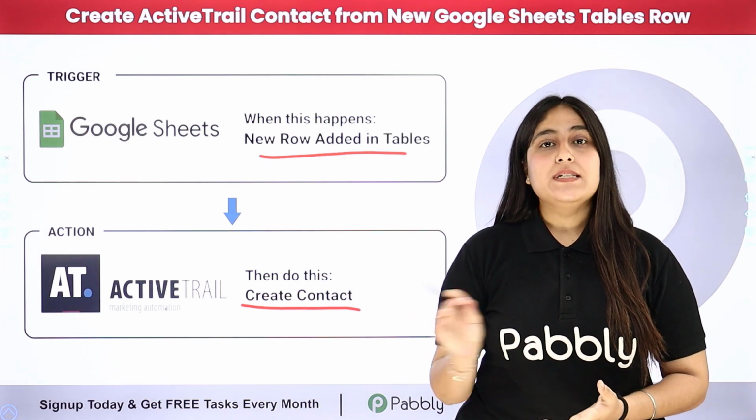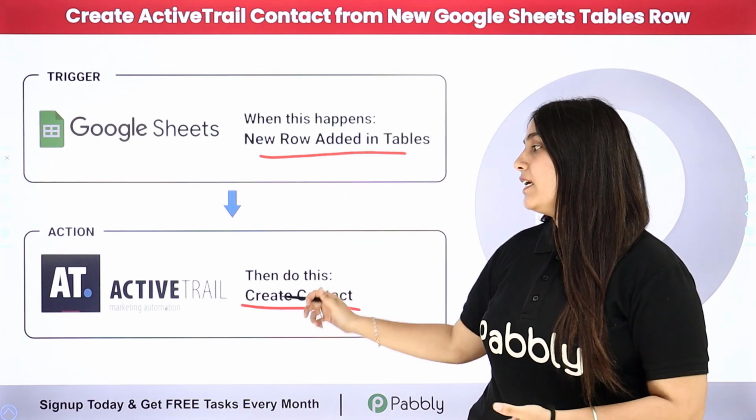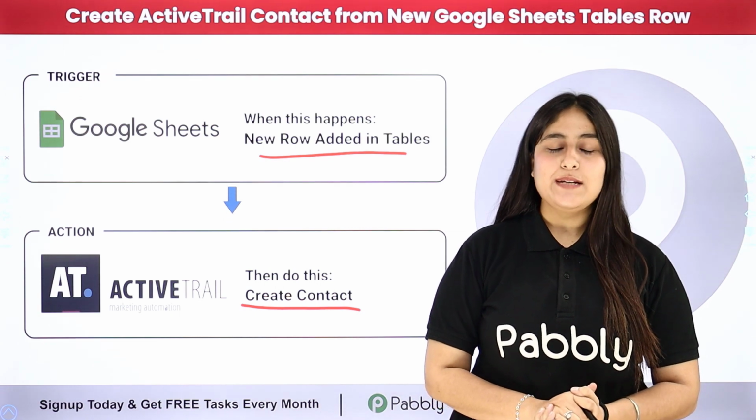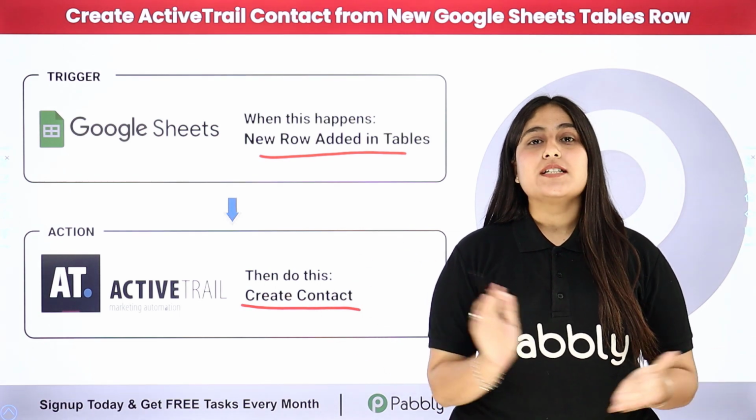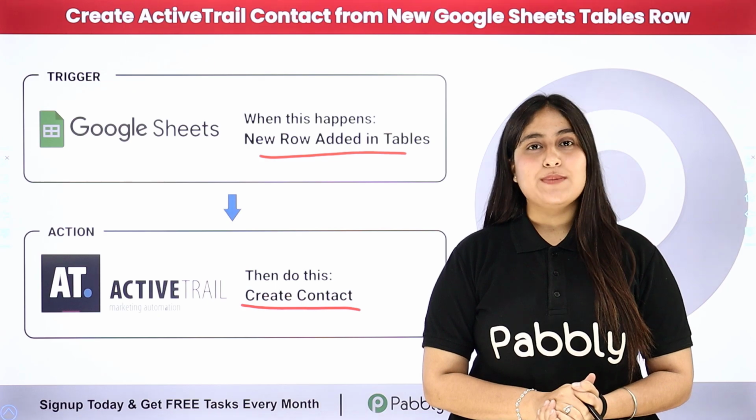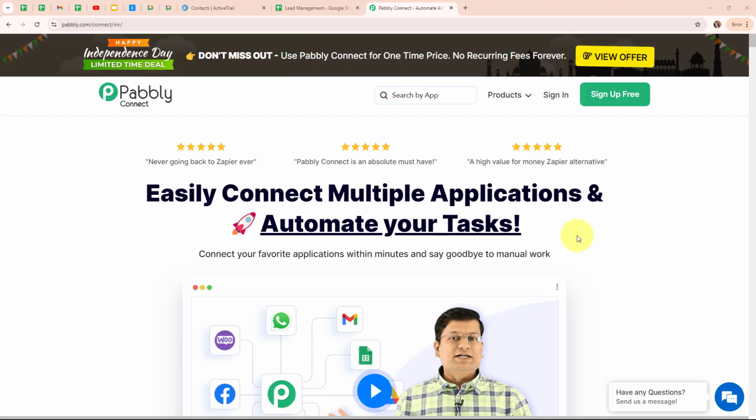so that I can further engage with that lead. To build this connection, I need to connect these applications using an automation software named Pabli Connect. To learn this process step by step, let me take you to my screen. Welcome to my screen. In this video, we are going to learn how to create an ActiveTrail contact from a new